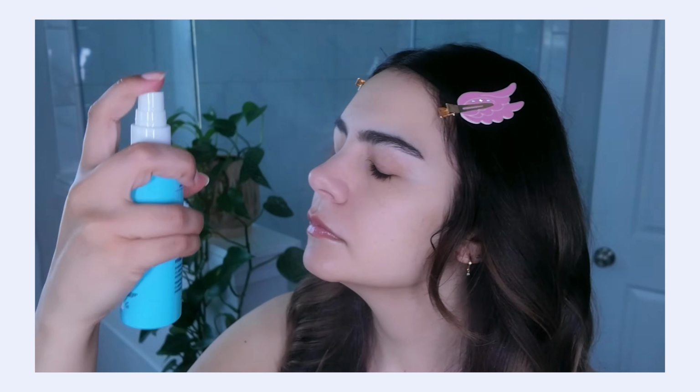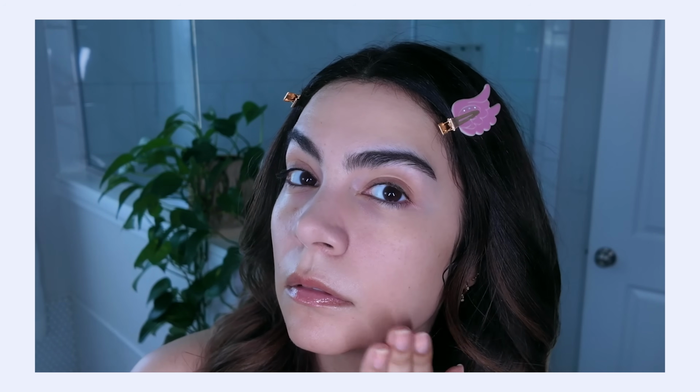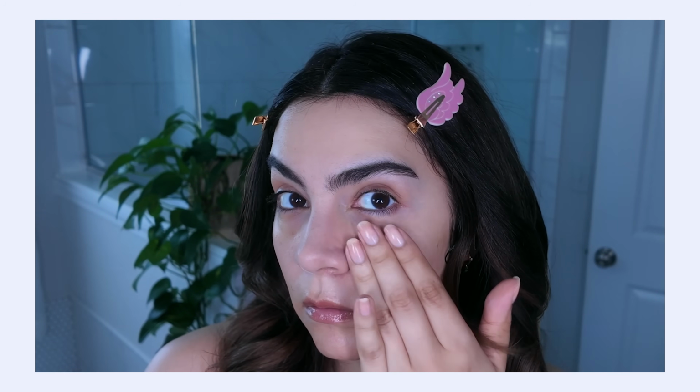And this just has a really beautiful mist application. You know, it is a very light, hydrating type of mist. There's not like an oil slip to it. It's not like a plumping type of mist. It's just a very fine, watery mist. And it's not spitting those droplets out at you, which I don't mind that either, but